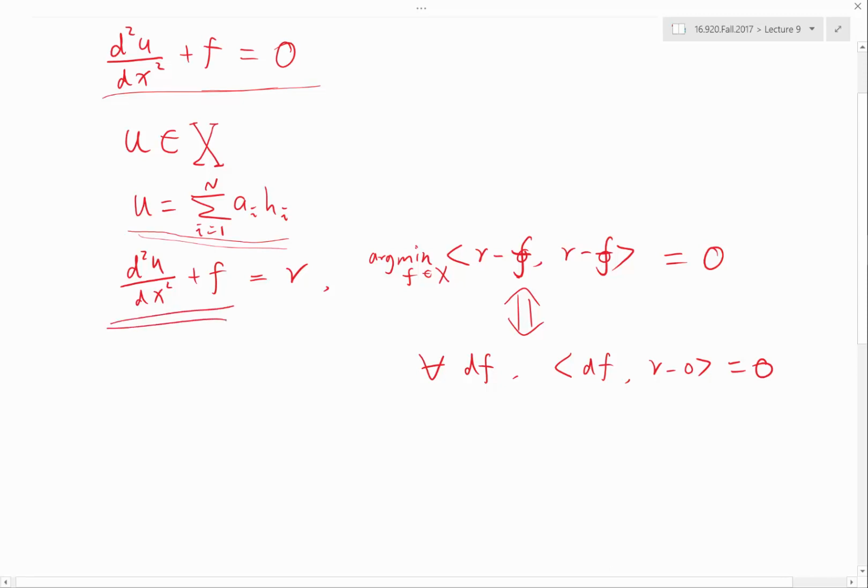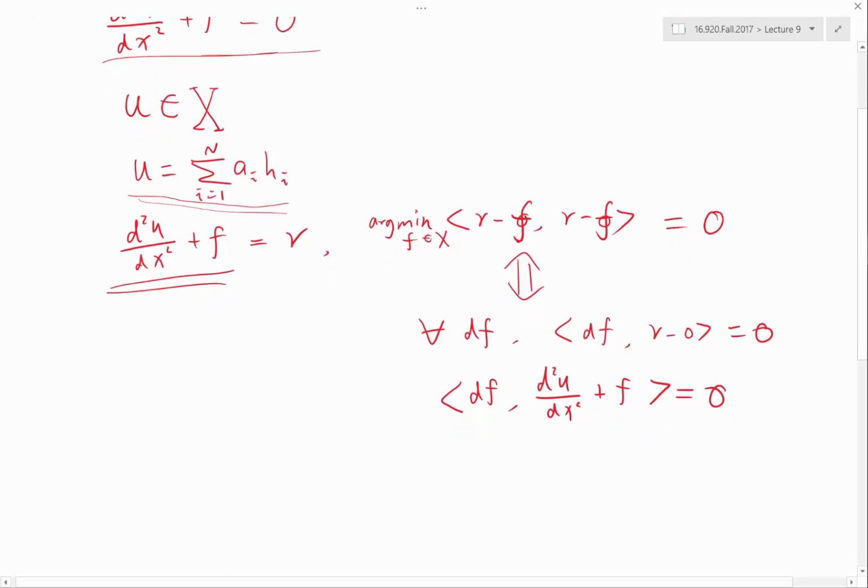Or let's plug in the definition of R. This is saying for any df, the inner product with d squared u dx squared plus f is equal to 0. All right. Okay, so now let's plug in this u. We get a df